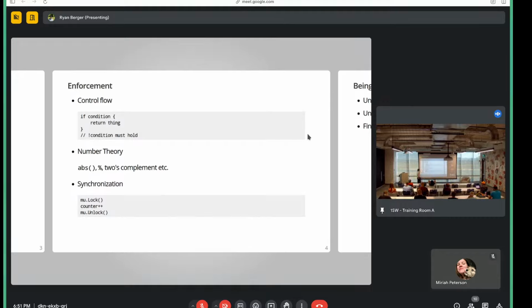And then the last thing is synchronization. Synchronization gives you a really cool invariant, which is that anything that goes on inside of a mutex must reflect the current state of the critical path, like a counter, everything must have happened before. Like if counter is 1, then it must have been incremented before you take the mutex, right? So it creates this happens-before relationship, and it allows you to enforce harder invariants